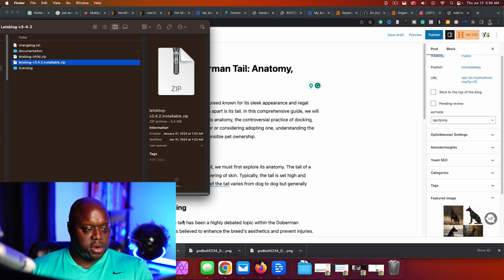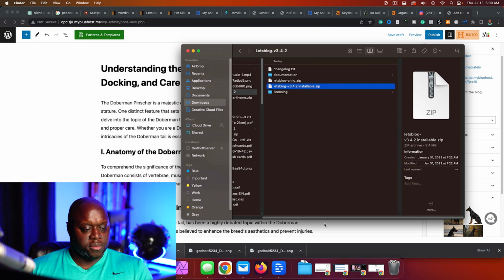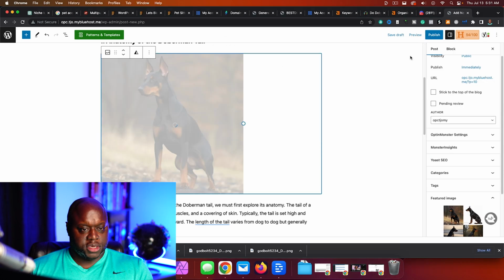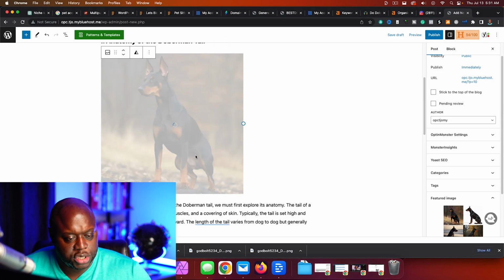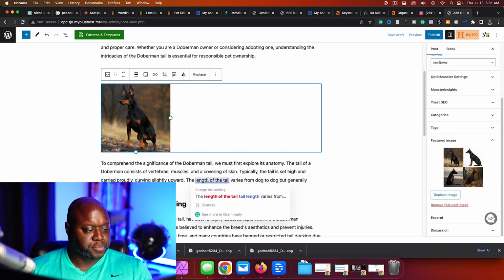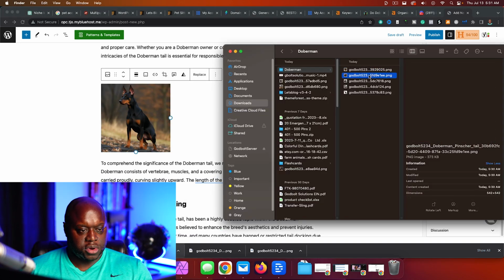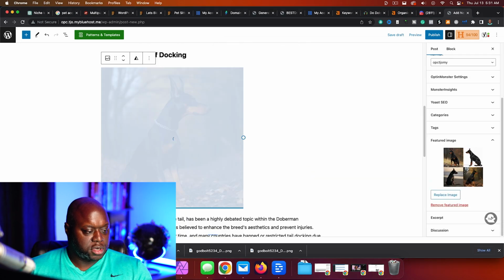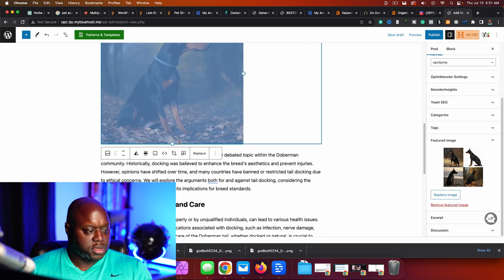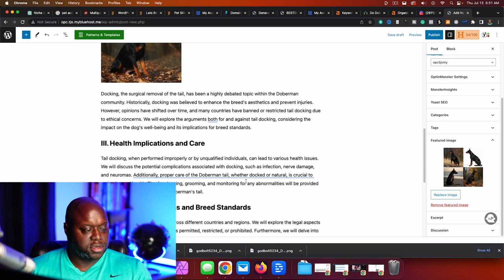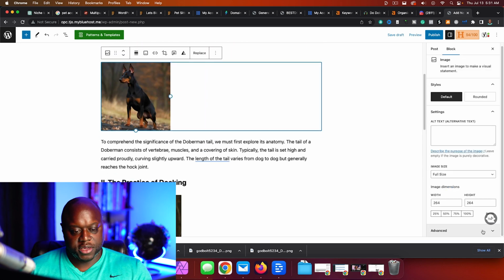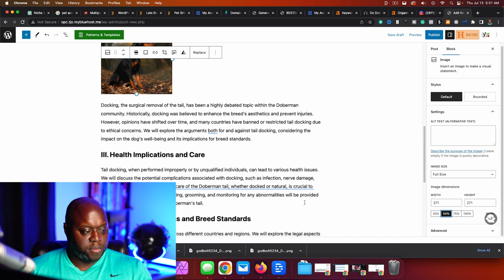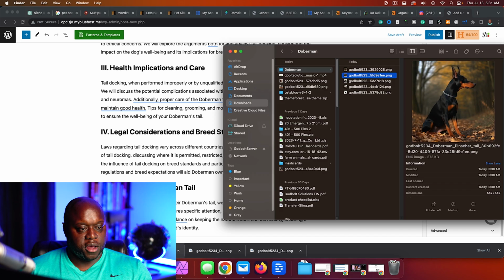What we're gonna do here is I'm going to come back over and I'm just gonna drag this over right here, just like that. Once it's finished loading, I'm gonna just adjust the size, just like that. Then I'm gonna come back and do it again. Just like that. Once again, adjust the size. Once again, adjust the size like this. All right, there we go. That's what I want. I want to adjust it with 50%, 50%, and then I'm just going to do that with the other two as well.